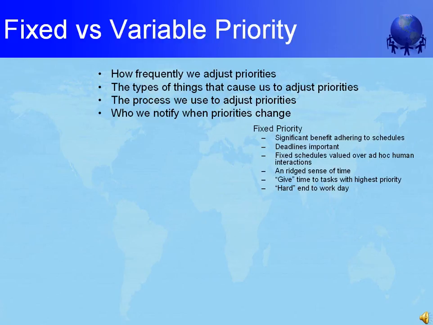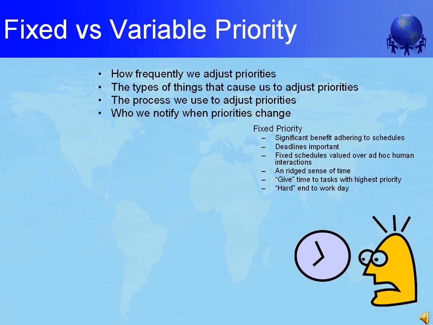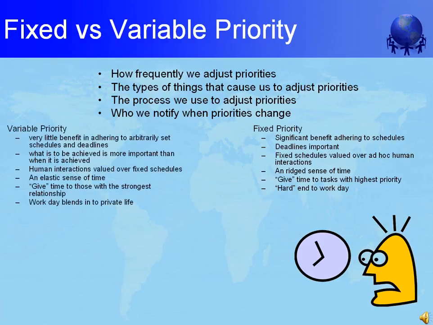Cultures with a fixed priority orientation tend to believe that the most efficient way to get things done is to plan, that is, schedule your time, especially the time you will interact with others. Once the plan is done, it is closely followed. Fixed priority people believe making people wait is inefficient and should be avoided at all costs. Fixed priority people also tend to set daily goals for themselves and hope to meet or exceed these goals within the normal workday.